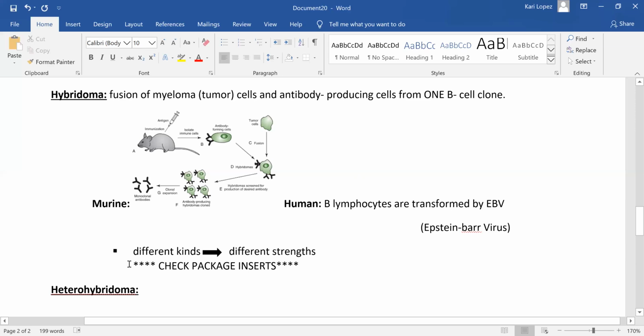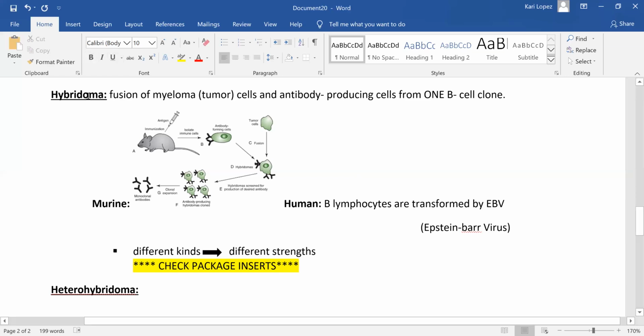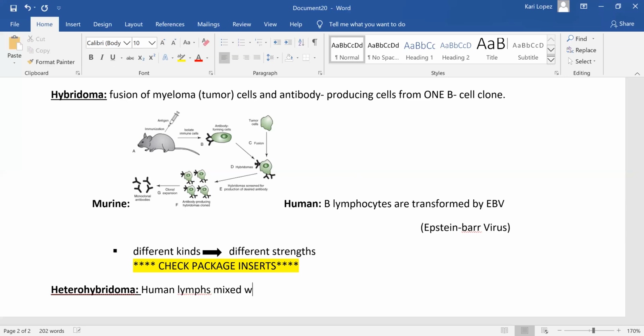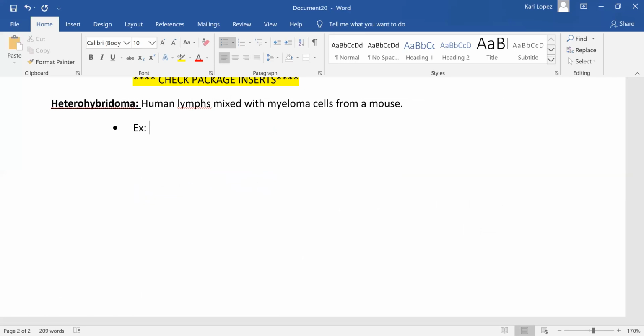Now, there are also heterohybridomas. These are human lymphocytes mixed with myeloma cells from a mouse. So mouse myeloma cells. An example of this is your anti-A, anti-little c,